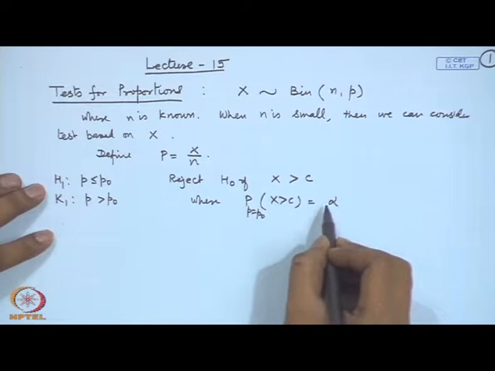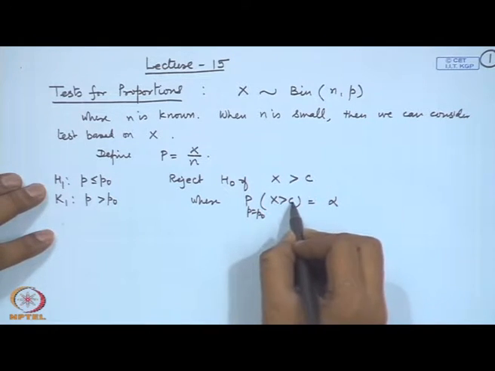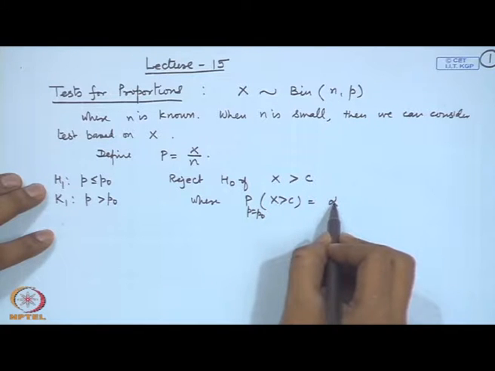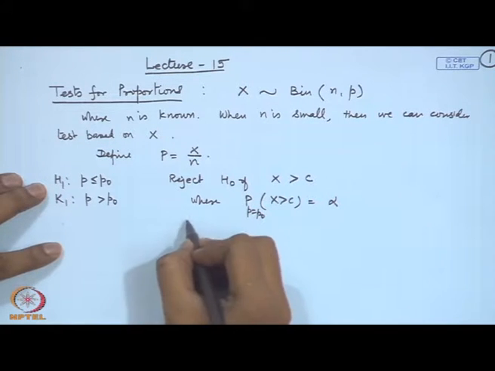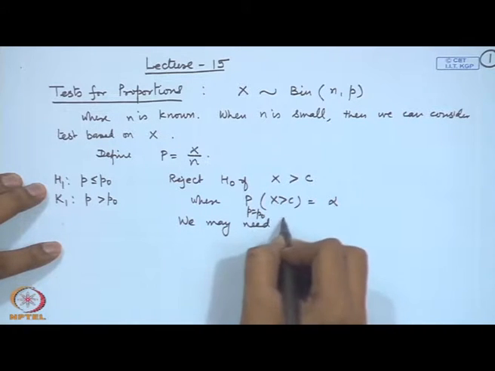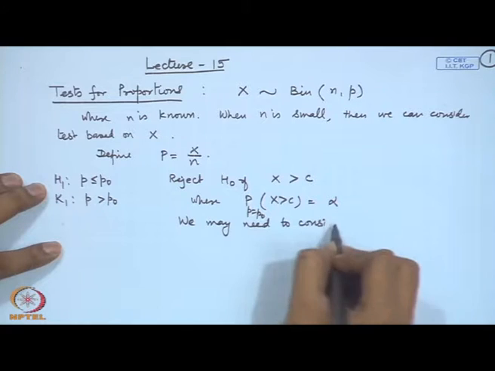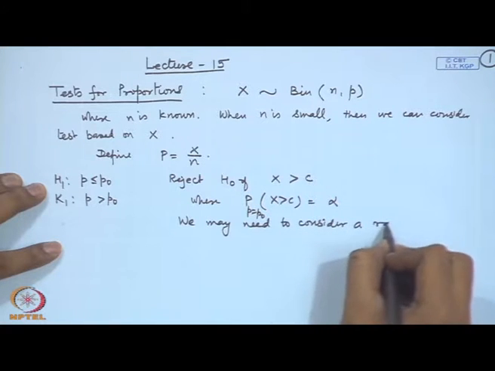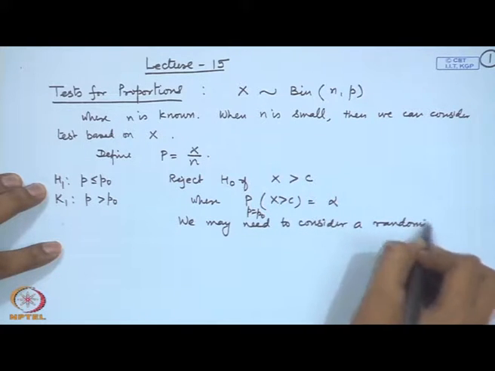Now, in this case it is not necessary that we will get exactly alpha. So, we may need to randomize here. We may need to consider a randomized test,